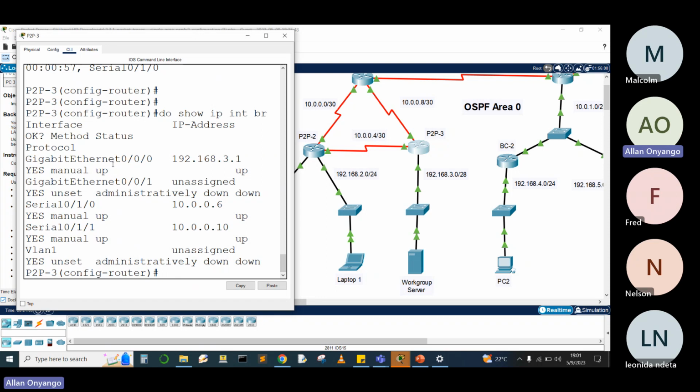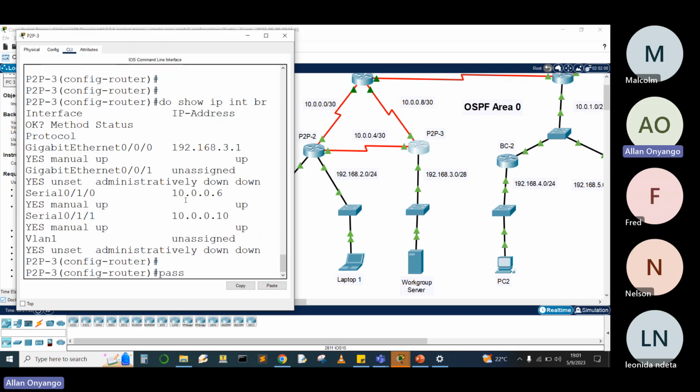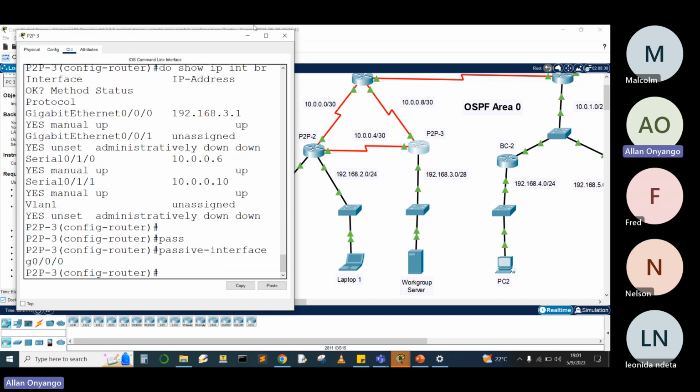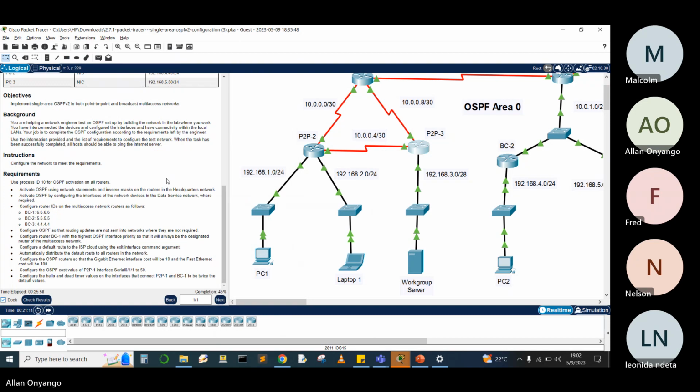And that interface is actually G0/0/0 here. You can see it's going to the workgroup server down here. So I would say passive-interface G0/0/0. And we are done with that instruction. We are at 45%. So the next thing is we need to,